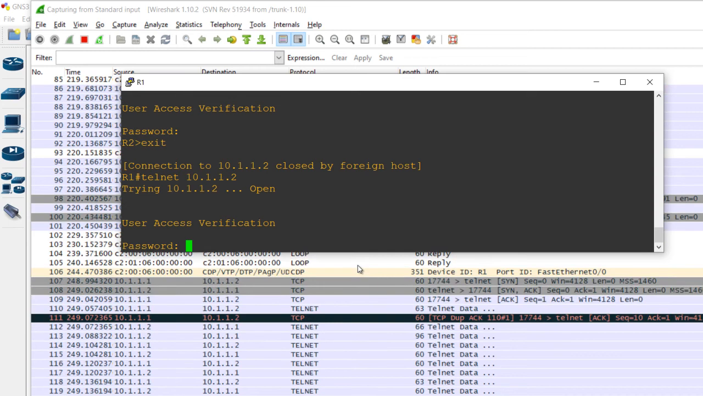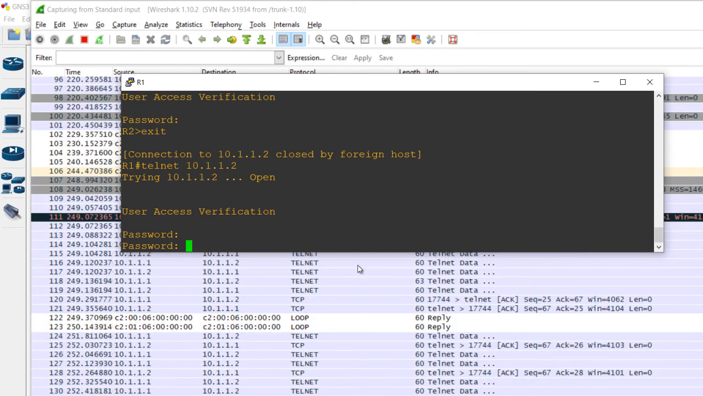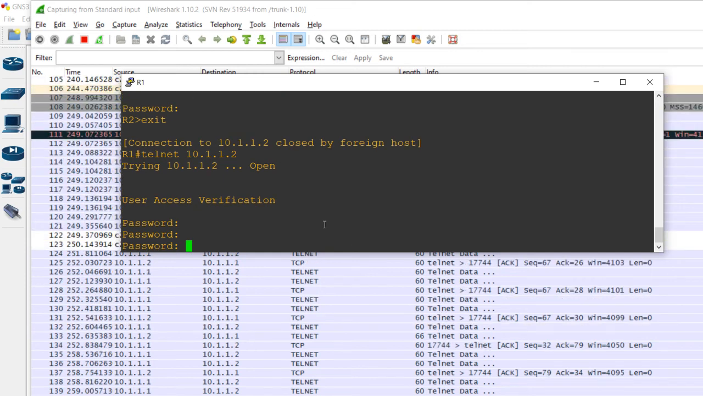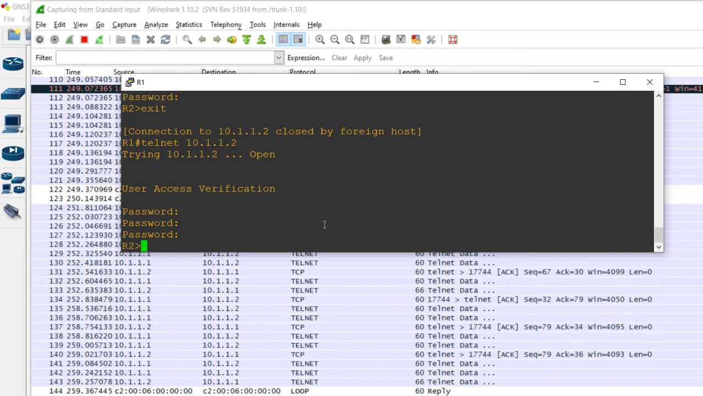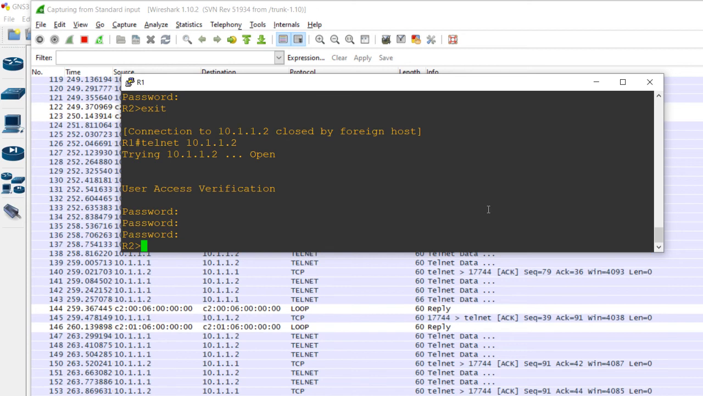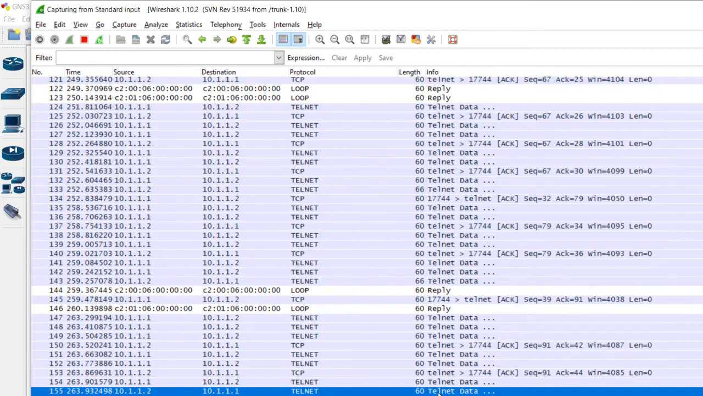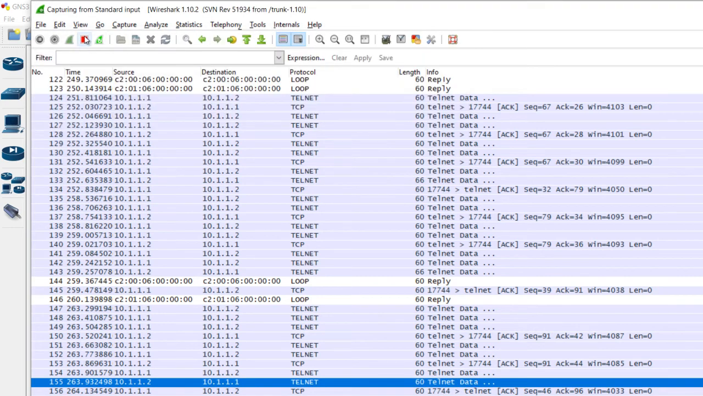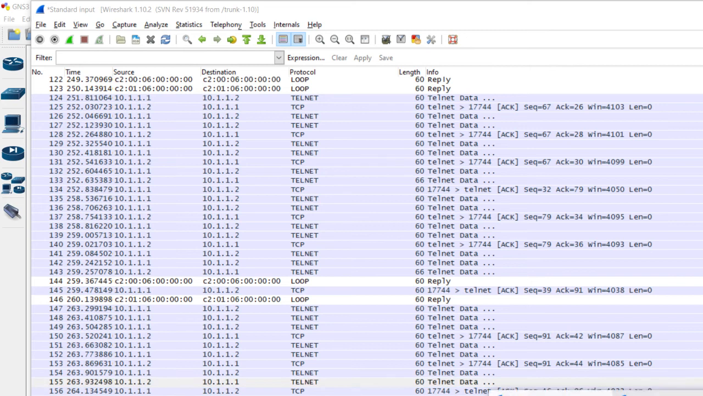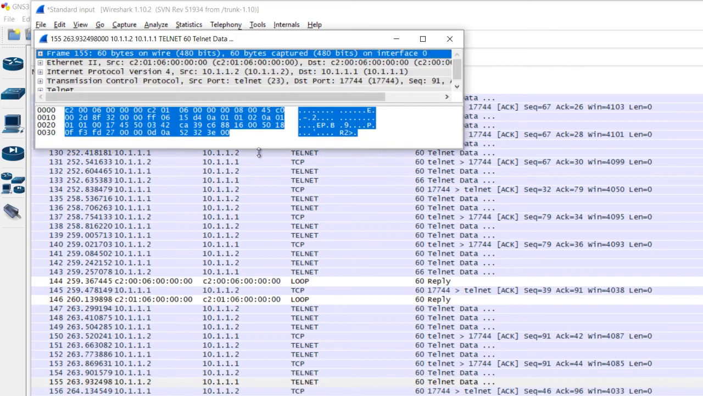Okay. Password is Cisco. All right, so now it's done. So if you see this packet, stop this. If you can see,